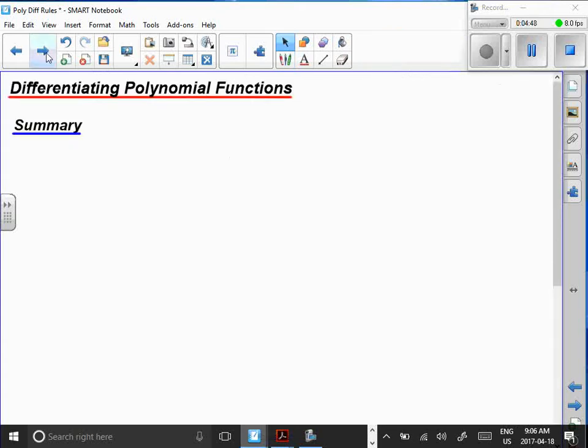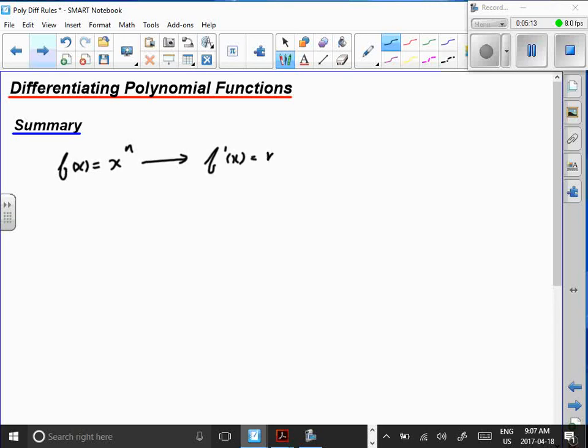Summarizing everything that we've done: power rule, constant times the function, and sum and difference of functions. So, if f of x equals x to the n, then f prime of x is equal to, you bring the exponent down in front, and then take 1 off the exponent. That's power rule. Okay,